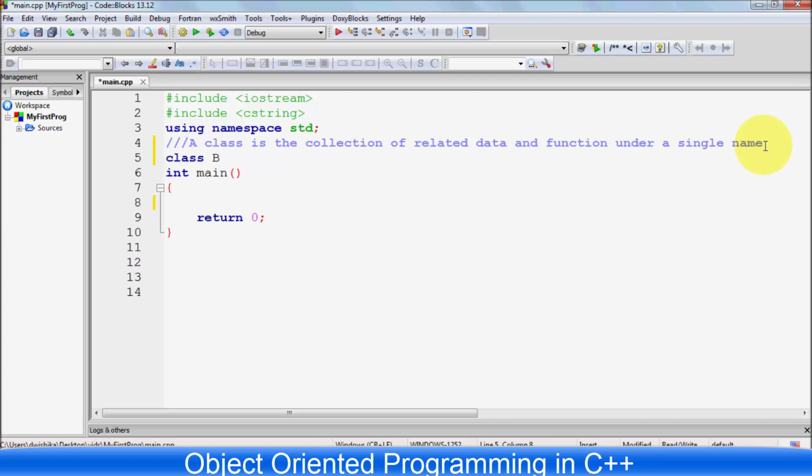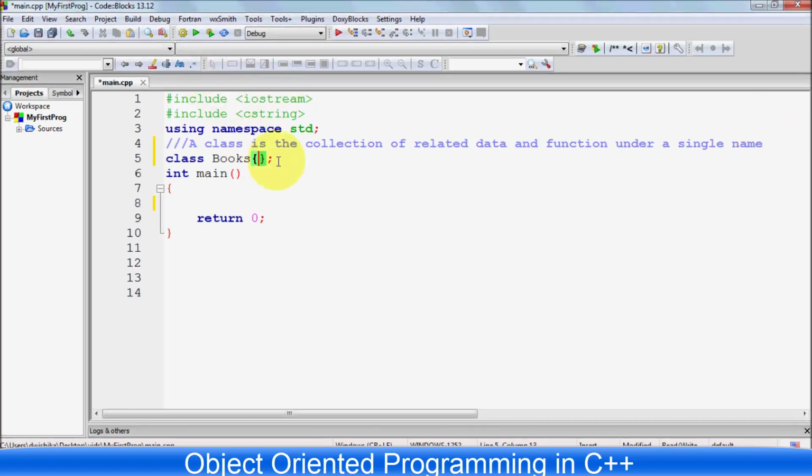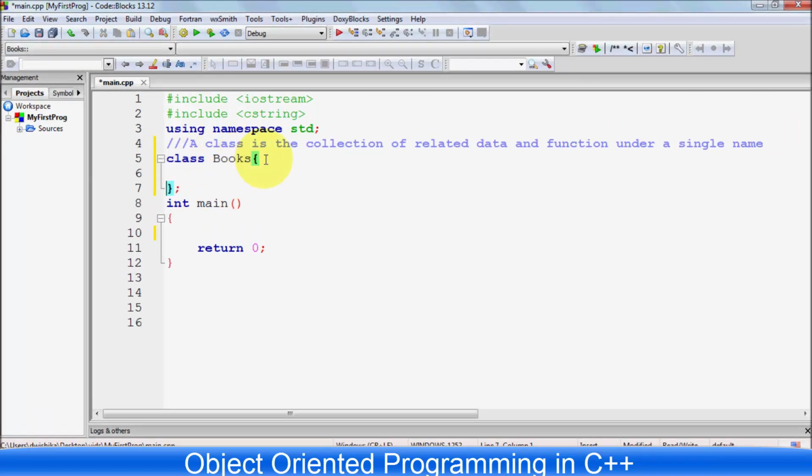So I will write this class as Book, and then you give these curly braces and this semicolon. Okay, so this is a basic definition of class,